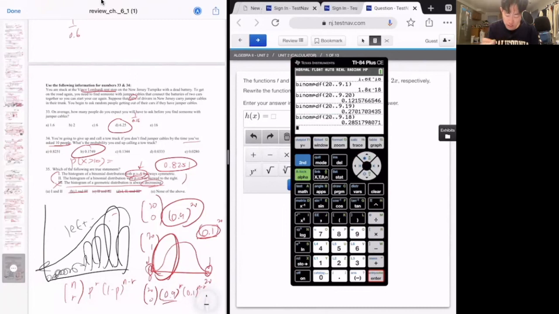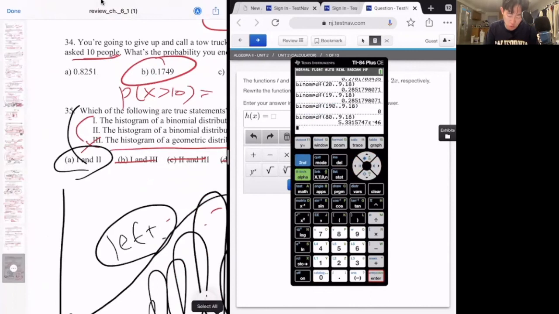So actually this one does have a typo, because it says that it depends on the number of trials here. But the number of trials actually shouldn't make that much of a difference, I believe. Okay, so you're doing this 190 times and it's going to make a huge difference here. For this one, I haven't really told you, but it depends on the number of trials. But I know for a fact that the one is always going to be true. I know the answer key says A, but technically only one should be true.